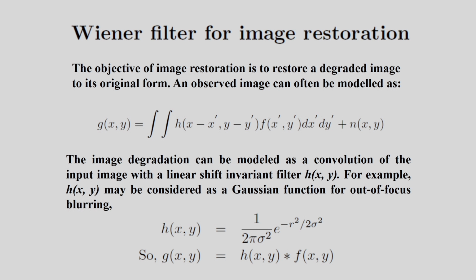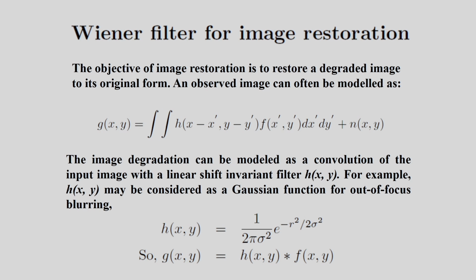Next I am considering the Wiener filter for image restoration. This image restoration already I have explained. In this case it is objective, enhancement is subjective. In case of the image restoration model we can develop a mathematical model, and based on this mathematical model we can remove the noise, or we can improve the visual quality of an image. The objective of the image restoration is to restore the degraded image to its original form. Then in this case I can consider some examples like motion blur or maybe the optical blur. So in this case I can develop a mathematical model, and based on this mathematical model I can improve the visual quality of an image.